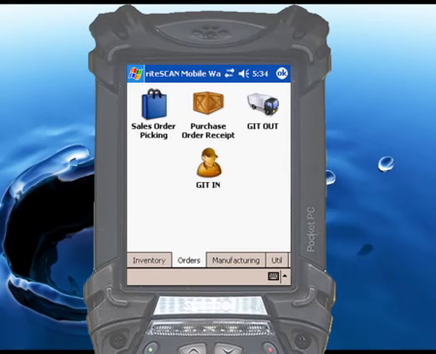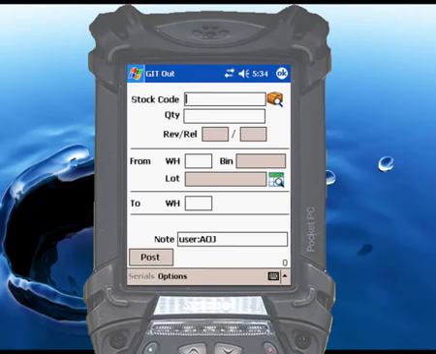For example, we might be preparing to transfer some items to our distribution warehouse. Start by touching the GIT-OUT icon, and then scan or enter the first item being transferred. Enter the quantity to be transferred,